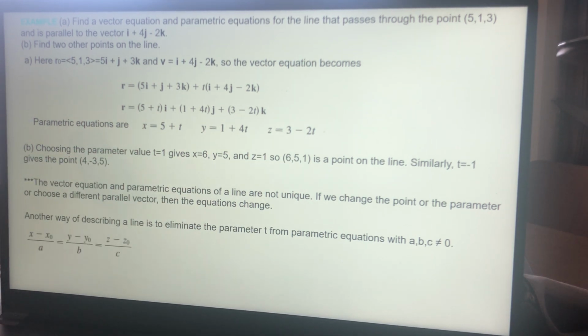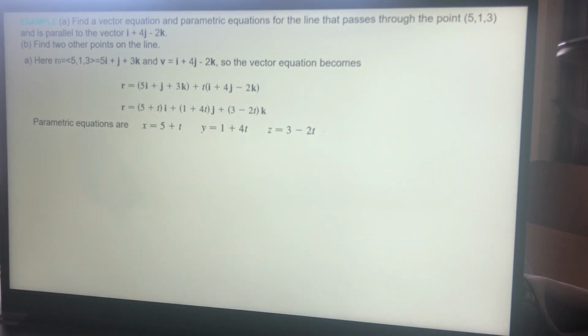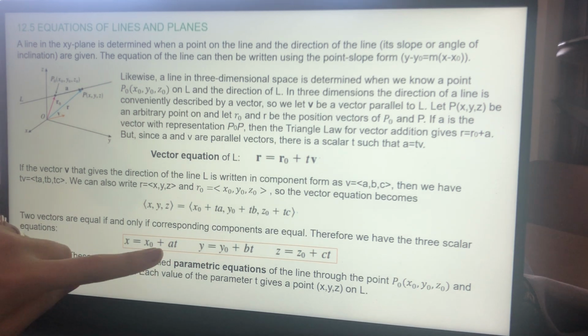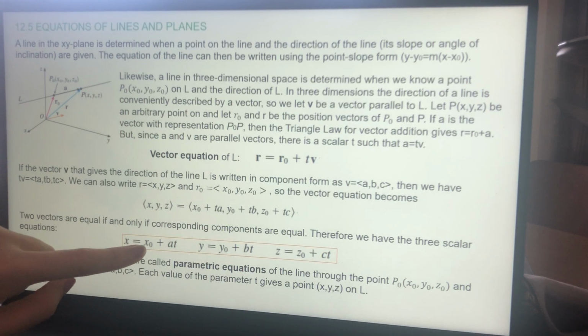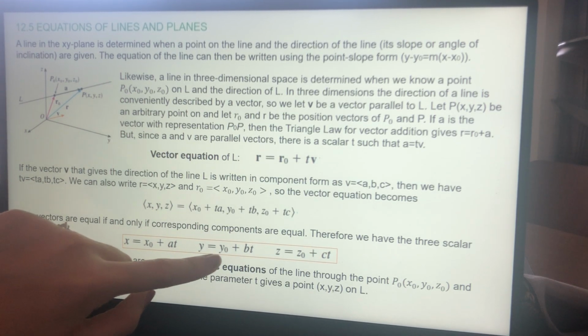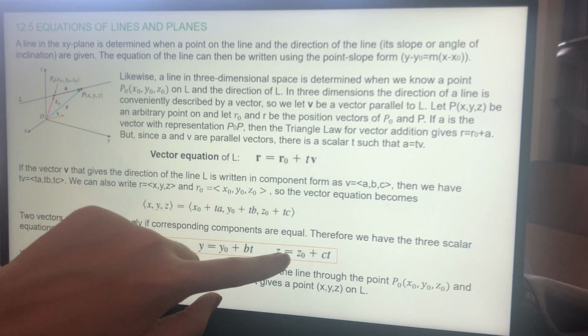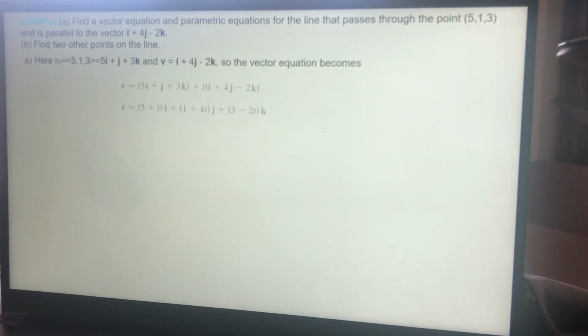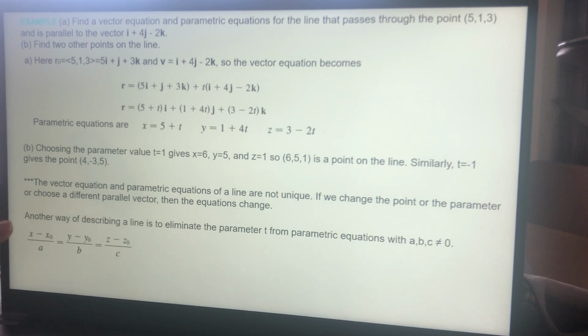And from there, you can get the symmetric equation of a line. Okay, so what you need to do is just eliminate t from here. Sorry, x minus x0 over a, y minus y0 over b, z minus z0 over c is going to directly give you the symmetric equation in here. Okay,